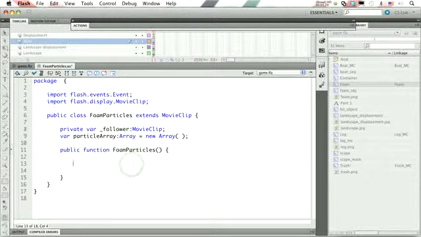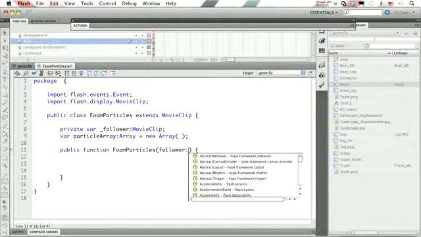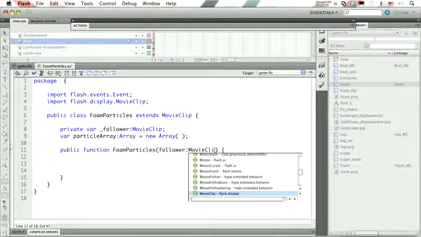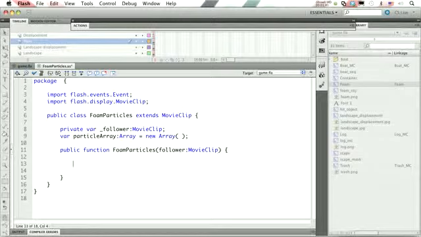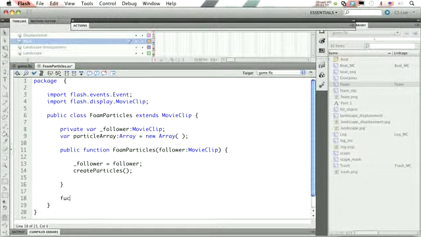And going down here, let's create that follower MovieClip. So we're accepting an object over here which our particles should constantly follow. And now let's make it accessible throughout the document. So follower equals follower. Here we go. And createParticles. Like that. And a private function createParticles,